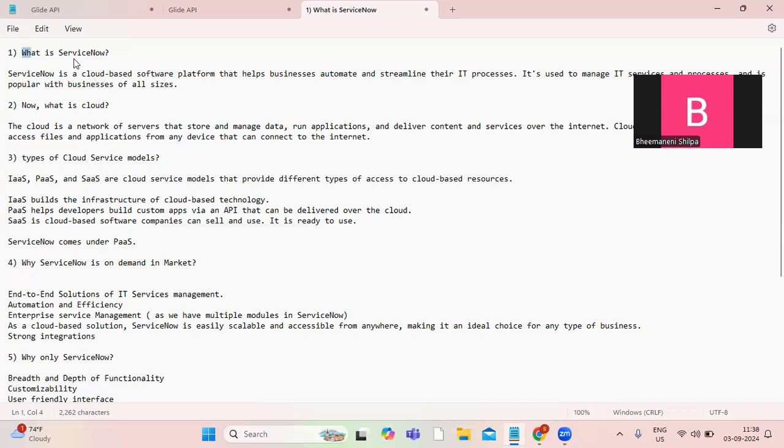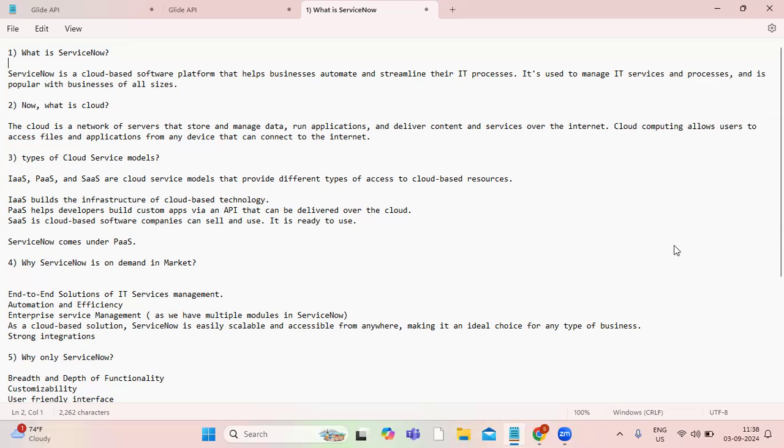First of all, what is ServiceNow? ServiceNow is a cloud-based software platform that helps businesses automate and streamline their IT processes. That means ServiceNow is a cloud-based software platform mainly used for automating business processes, not only for the IT department, it also covers the customer support department, HR department, and operations management. Everything is covered within the